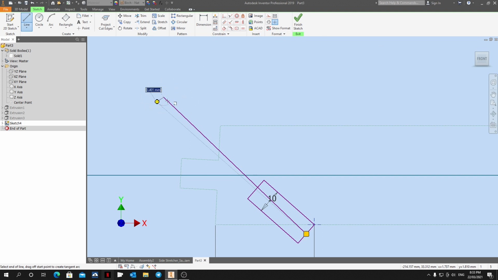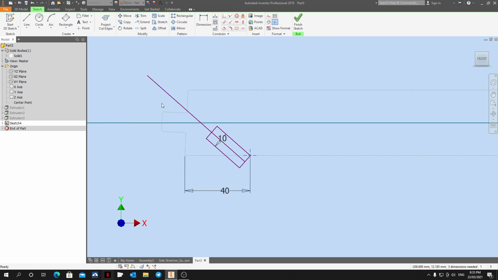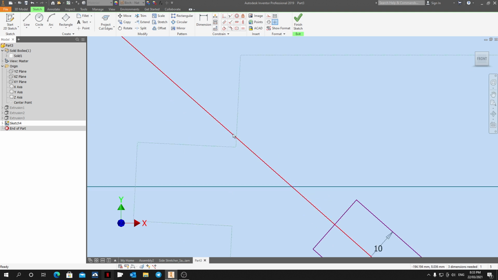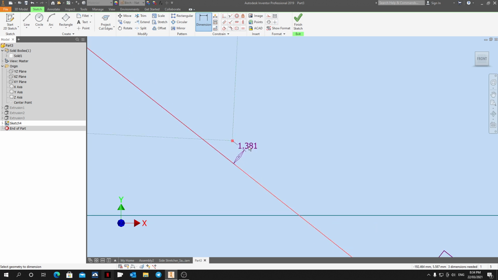Okay, anywhere up to here, and then this line must be parallel with this line. As you can see, this is the center boring part, but I need to go a little lower. Then I use this point to lock to this point. Let's say the small diameter is 5 mm, and then around here you need